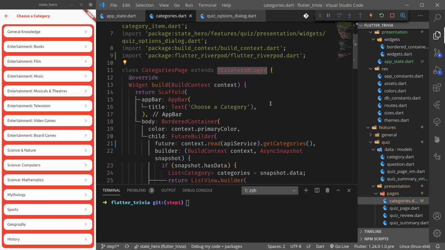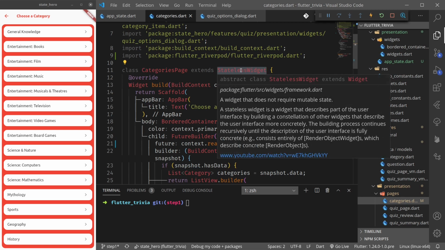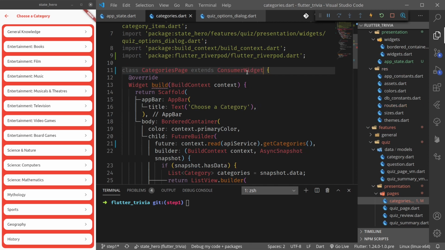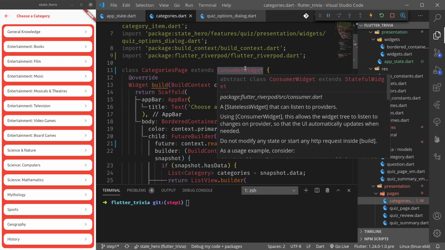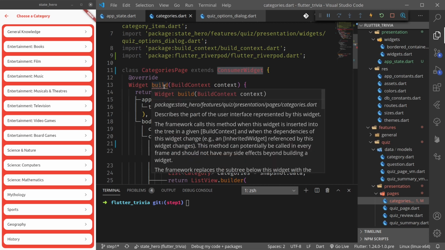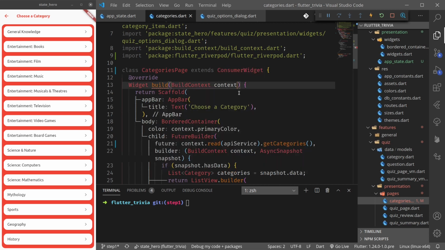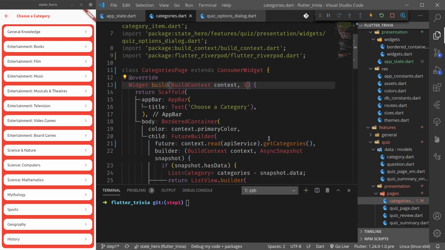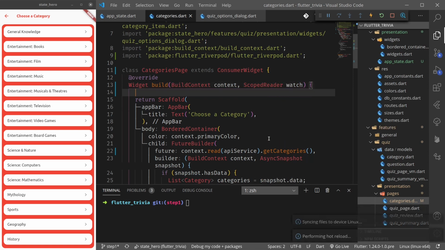We will change this StatelessWidget to ConsumerWidget that is given to us by Riverpod. And once we change this to ConsumerWidget, in our build method, we not only get build context but also a ScopedReader watch. Using this watch function, what we could do is